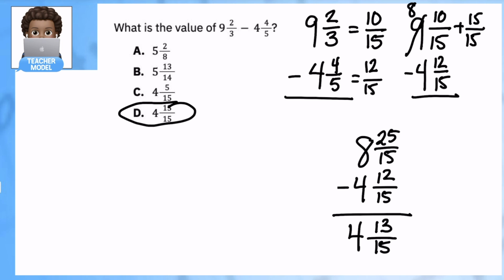So for example, if you have 9 and 10/15 minus 4 and 12/15, you can change these to improper fractions. It just means I'd have to multiply these numbers and add the other ones, and that's just a lot more work. So it's not that this method is incorrect, it's just going to take me more work to multiply here and then add 10 and then do the same thing on the bottom and add 12 and then subtract and then change it back to a mixed number. So that's why I don't show that method, although it is a valid method. If it works for you, go ahead and use it. And the other method I see some kids using, and because they like to use it, and they